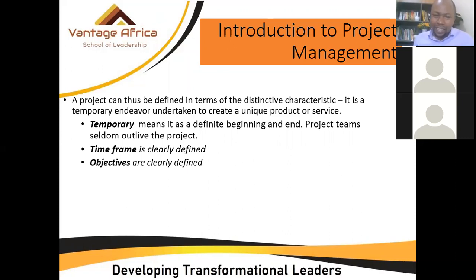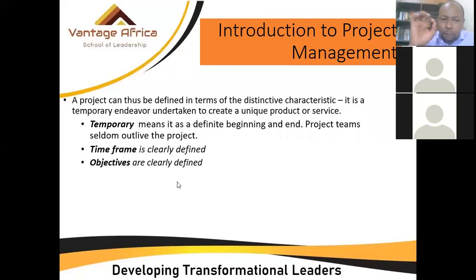I don't know who can guess what the E and the R at the end mean. Anyone with an idea? Maybe you can write on the chat function what you think E and R are. It's not official, really. It's just some professionals who are saying, I think objectives could be better if they're smarter, not just smart. Anyway, I'll be looking out to see what you say on the chat function in terms of what that E and R could mean. Great.